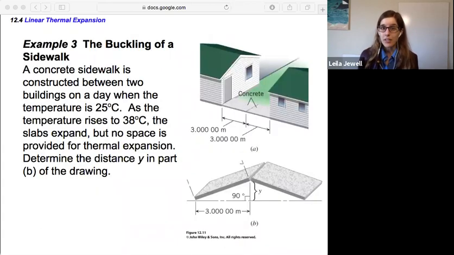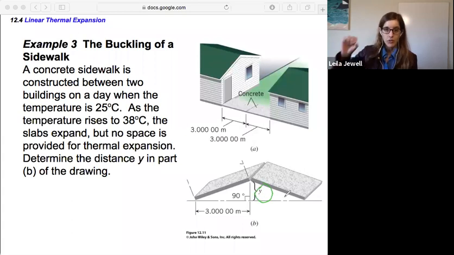Example 3, the buckling of a sidewalk. Concrete sidewalk is constructed between two buildings on a day when the temperature is 25 degrees Celsius. Sounds like a lovely day. As the temperature rises to 38 degrees Celsius, the slabs expand, but no space is provided for thermal expansion. Determine the distance y in part B of the drawing. So we want to figure out this y